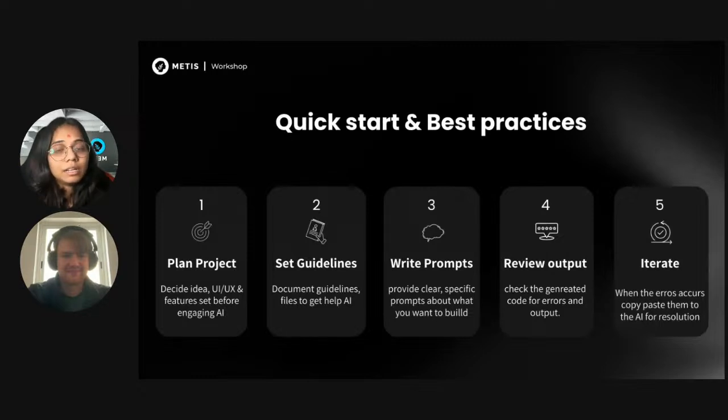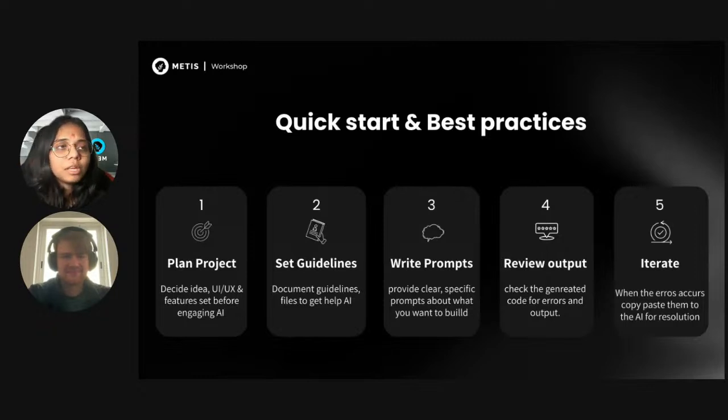Second, set guidelines. Tell the AI how you want it to work. For example, let's say I'm using React, TypeScript, Tailwind, and put utility functions in the lib folder, or follow a certain component naming. Give it a little structure, and suddenly it will start building your way.